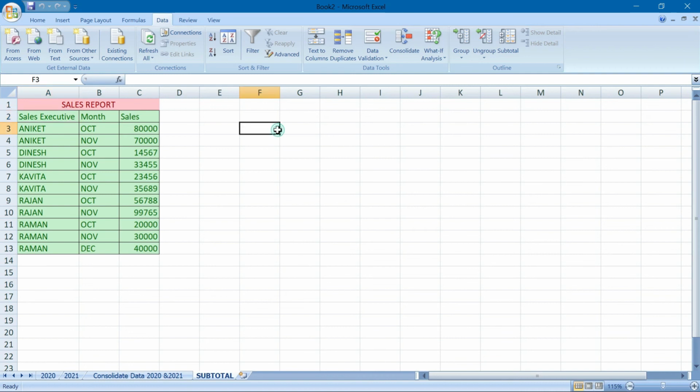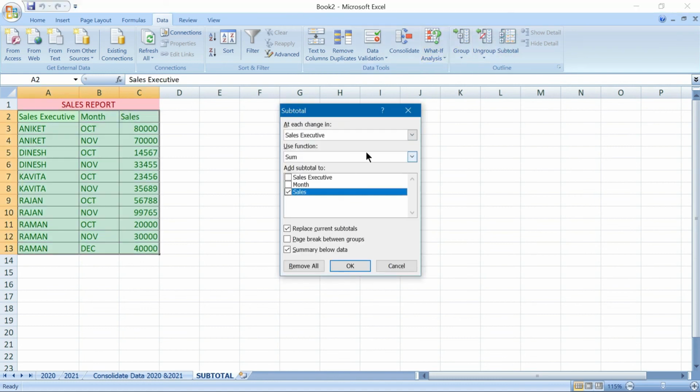Once more, let us see what function we could do. What else we could do? We have to do it on Excel, and if you want to find out month wise, what could you do? First of all, you select the month, and then do the subtotal. In the month we want to see, at each change in, we have to select the month and cells, and we have to find out this type, average, or maximum cells you can go for. So just choosing the maximum cells, and then clicking on OK.